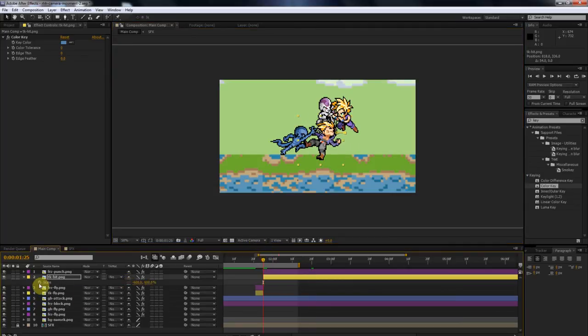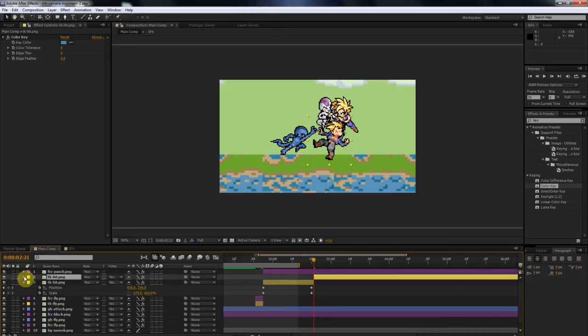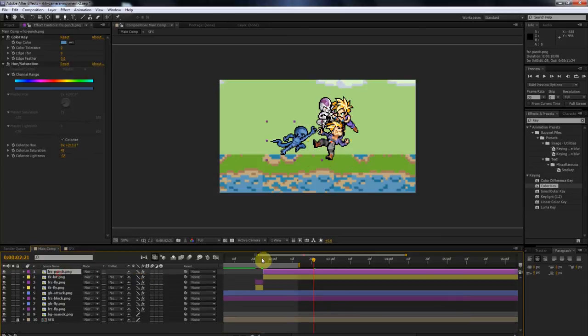So unlink X and Y, set a keyframe at the beginning. We're going to hit U to bring up the position to show where our position was that we last left him. And we'll just bring him in, not a lot, but just enough to make it seem like he's been hit and he's going backwards. So we'll page down one time, Shift Control D, or no, we'll leave him because we are going to come back to him later. And then for Frieza,